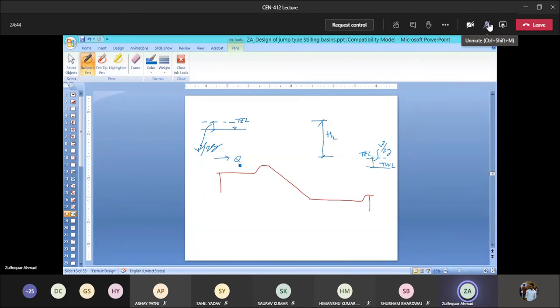And this one is a discharge Q. This discharge, let me take per unit width of this structure. In that case, in place of Q, we can write a small q. So I am taking just this 1 meter width of this. Now, here we have two things that are known. The known parameter here is this.